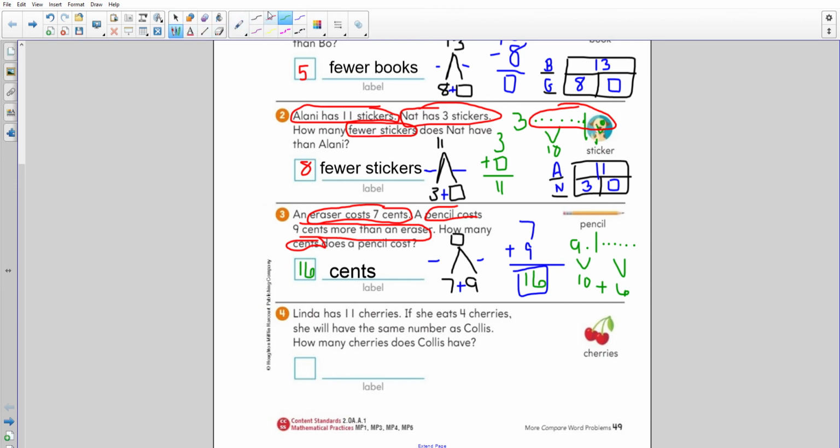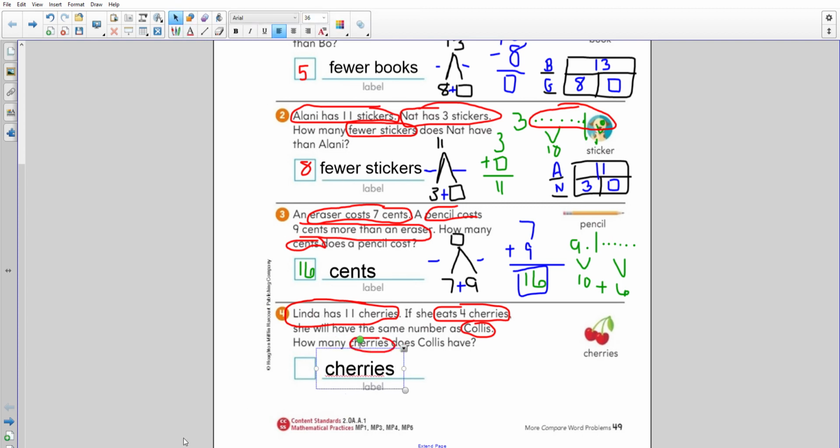All right, friends, well, let's take a look. The important information is here. I have Linda who has 11 cherries. I know that there's another person, Colas. I see a number here. If she eats 4 cherries, then it says, how many cherries does Colas have? I know my label is cherries. All right, well,